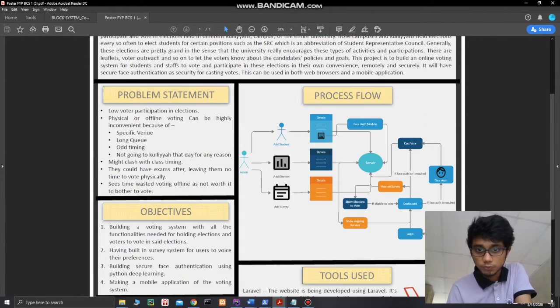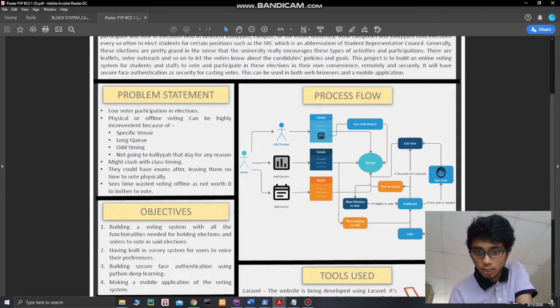For the process flow of the entire system, we start with the admin. The admin can add students by putting in their details and a picture for the face, to train the face authentication module. The admin can also add elections, putting in the details, like whether it's for a specific kulliyyah or not.